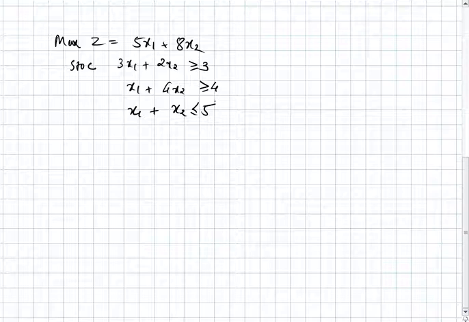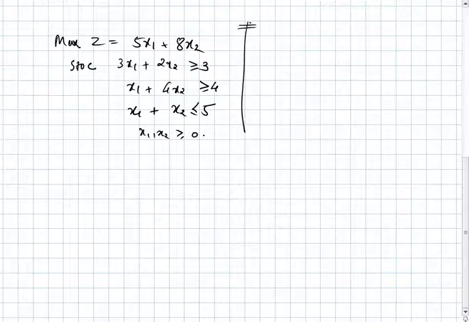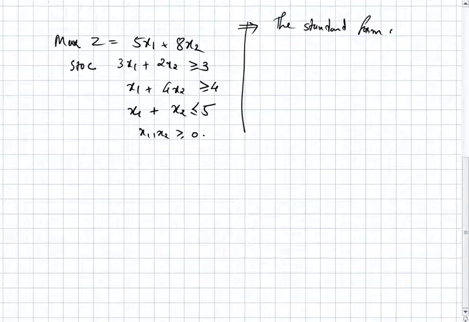And x1 and x2 are greater than or equal to 0. So the standard form of the given LPP is